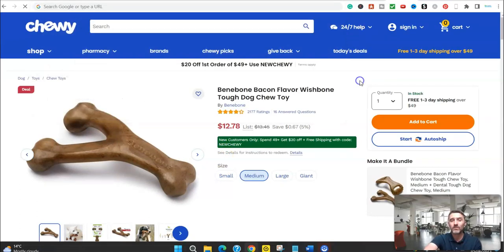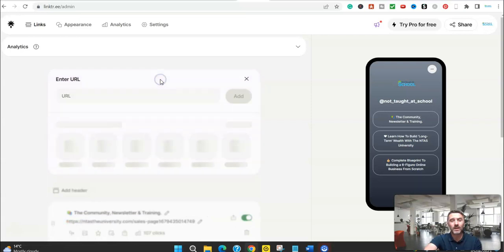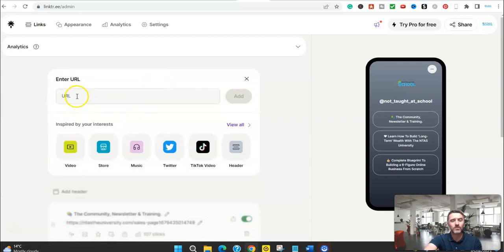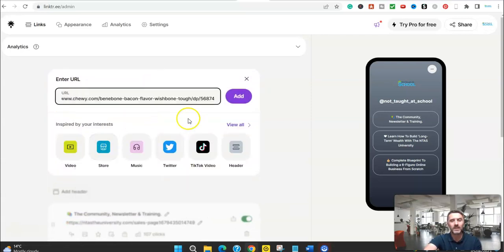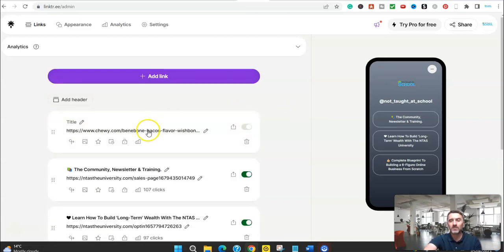But bearing in mind, when you're an affiliate, you'd get your own affiliate link. So it'd be the same link, but with a tracking link at the end of it, which normally they'll just populate for you in the website. Once you've got that, you come inside of Linktree, you click on Add a Link. Here you put the URL. So we paste that in there, and then we click on Add. Then what happens here is it goes down here.